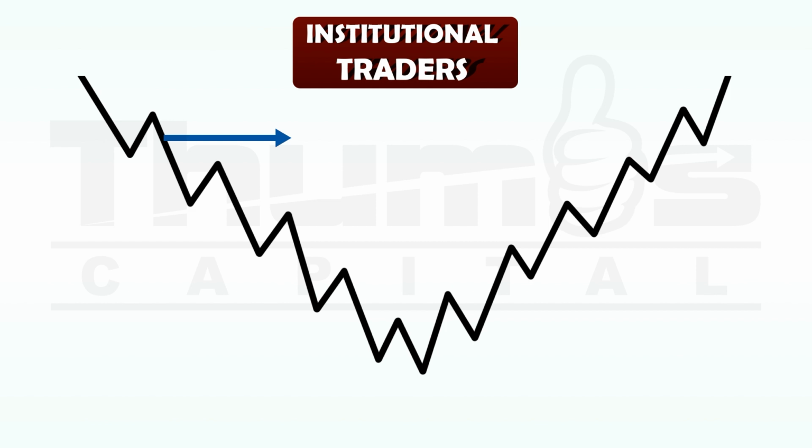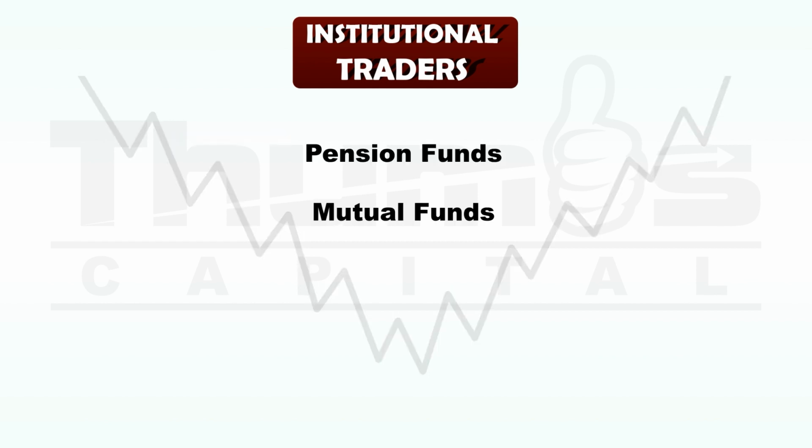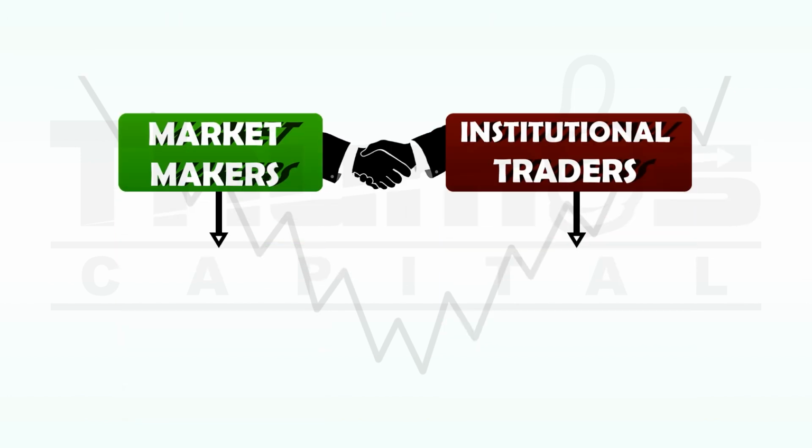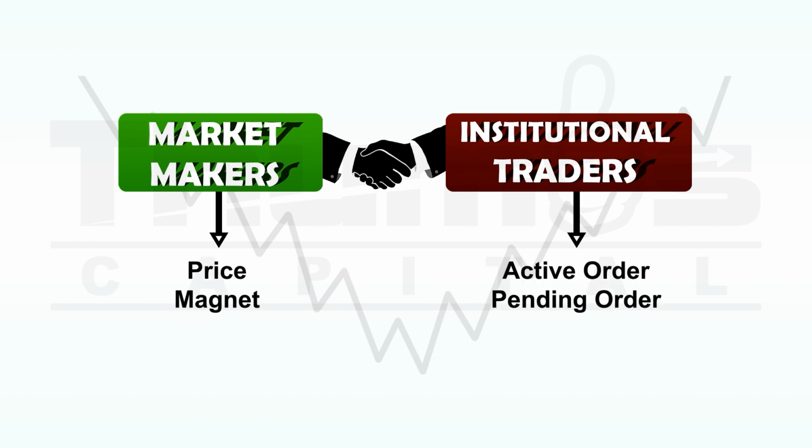Those in this class of traders are the pension funds, the mutual funds, and institutional investors. They are responsible for the accumulation and distribution phases in the market. When they place a trade in the market, price will head in that direction 85 to 95% of the time. Because of this, we as retail traders need to track their positions and trade in line with them. The institutional traders work hand in hand with the market makers as they are mostly members of the same institutions but in different departments. Knowing this for a fact, it will only be to our advantage to analyze the market using the activity of these two major players.